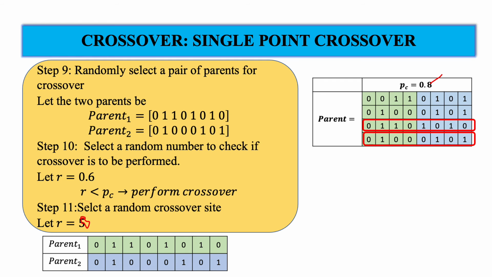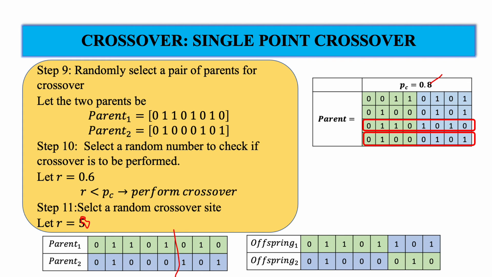So the first part would be identical in both the cases. These two will get interchanged in both of them. So the first will remain identical, the next two are interchanged, okay, right? So now we have 4 offspring. Previously we generated 2 offspring, now we have generated another 2. So we have 4 offspring.